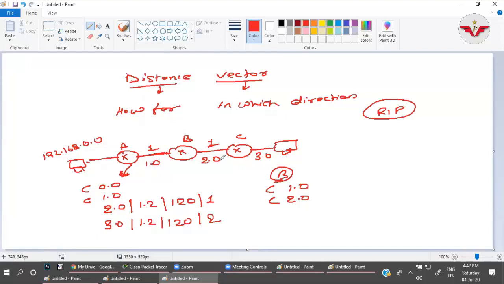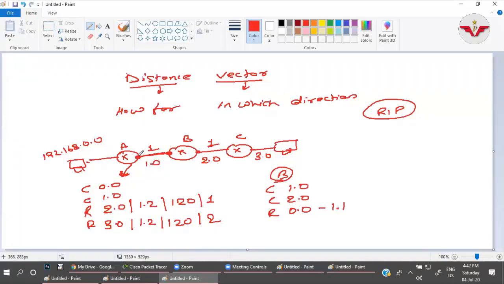Now, this router B has the information that networks 1 and 2 are directly connected. Through RIP, it is getting the information of the 0 network. Router A is sharing the information that it can reach the 0 network. So B understands that the 0.0 network can be reached through 1.1 IP.